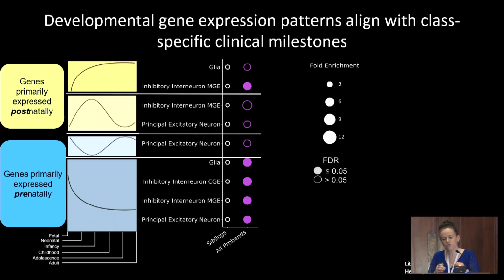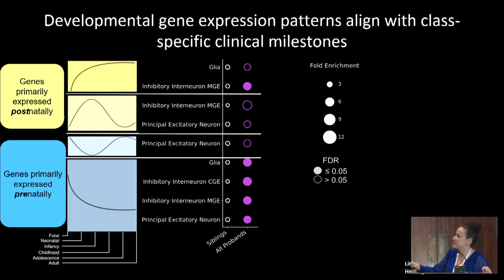And then I wanted to focus on another aspect in which they were really different, that's development. Of course, we don't have developmental gene expression samples from individuals with autism. What we do have is we can take the genes that are affected by these variants and map them to a fetal gene expression data set in presumably normal individuals, right? And so what I'm looking at here is the classification that came out of the study. Herring et al., sorry, this is our paper that's been published for a while. I just didn't switch this.